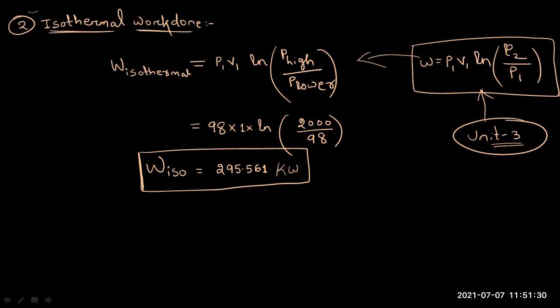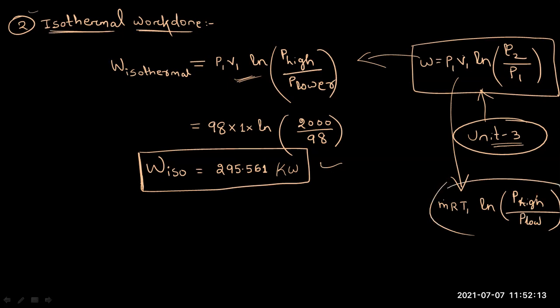Okay, so in this way, directly by remembering the formula, we will get the isothermal work done. This formula you have to remember. Isothermal work done formula is P1 V1 ln P2 by P1, where P2 by P1 means highest pressure by lowest pressure. In this question, volume flow rate they have given, so we have taken this formula. If in the question mass flow rate they give, then in place of P1 V1, we will write m R T1 ln P high by P low.